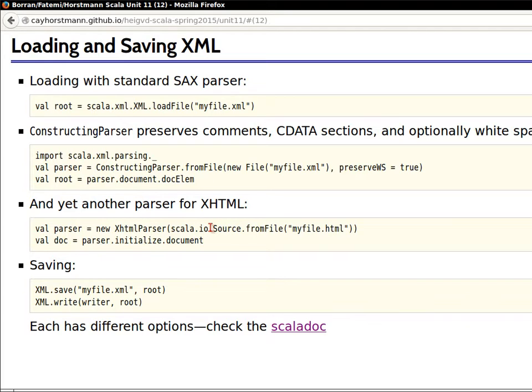They just have the difficulty that they don't interact nicely with the native syntax. And so for the normal kind of work, one tries to use one of these first. Then to save, again, there are 2 different ways of doing it. There's an XML.save and an XML.write. And on a good day, I could tell you what the difference between them is. They just have different and inconsistent options, and one just has to figure out which one is necessary for some